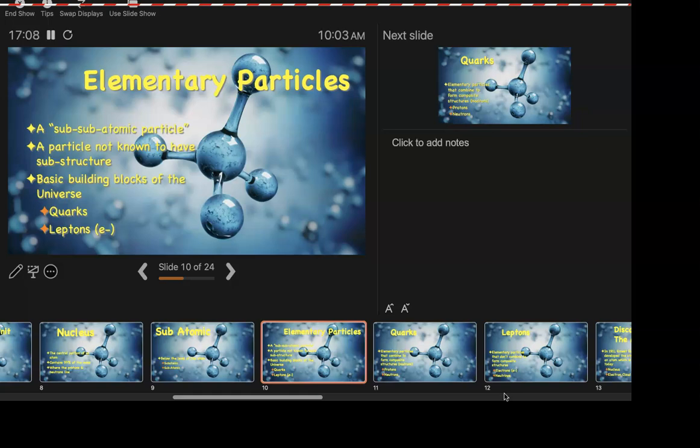So, at the moment, these are the fundamental building blocks, the basic building blocks. These are the smallest Lego piece. This is one nub, one thickness of Lego. And we got two kinds. We got quarks and we got what we call leptons. I don't really use the word lepton too much because the lepton that we're worried about is an electron. We're already just going to keep that word. So we're going to tell you that we got quarks and electrons. Okay, that sounds a lot like lepton anyhow.